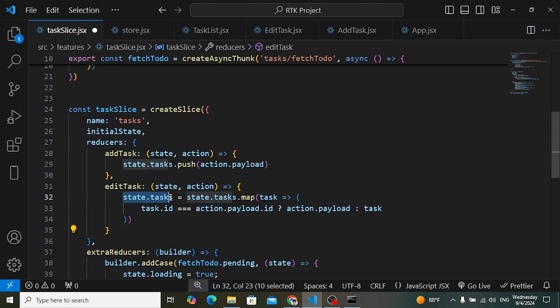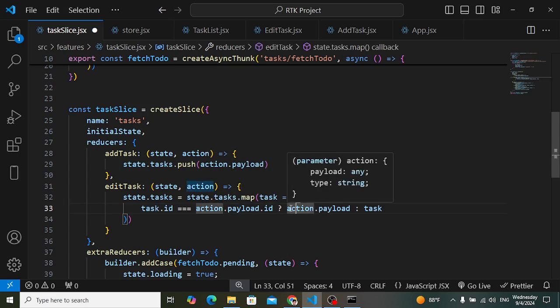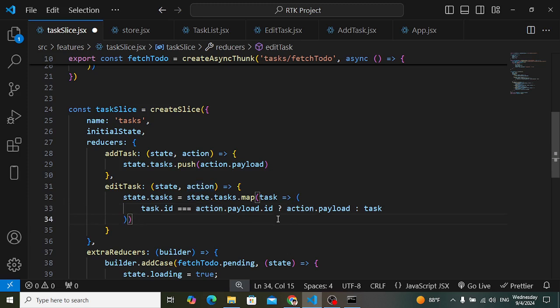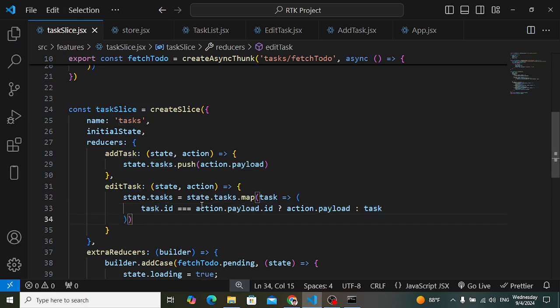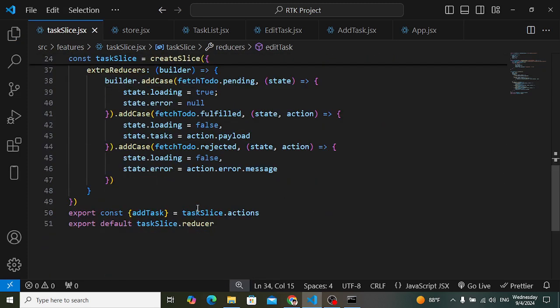So state dot tasks is equal to task dot map task dot id. If the task id is equal to the action payload dot id, the task that we have passed, then what we should do, we will just pass instead of that action dot payload, the data that we have passed, that task. And otherwise for other tasks, return the task. Save that and let's check it now. Let's first of all export it,